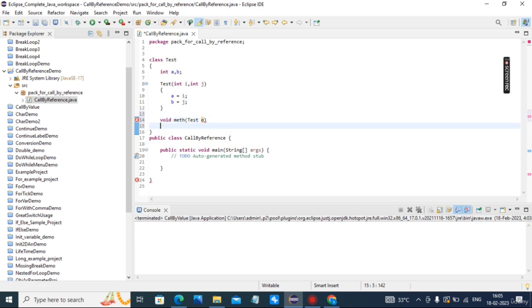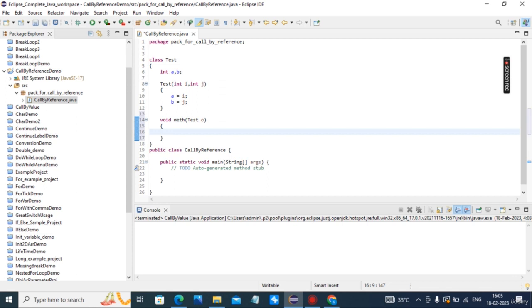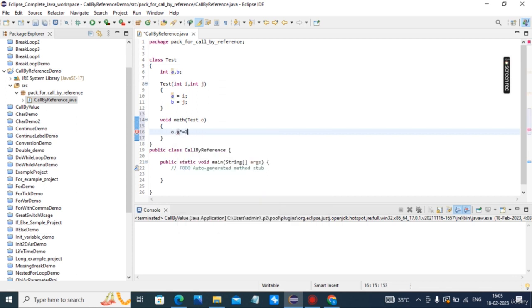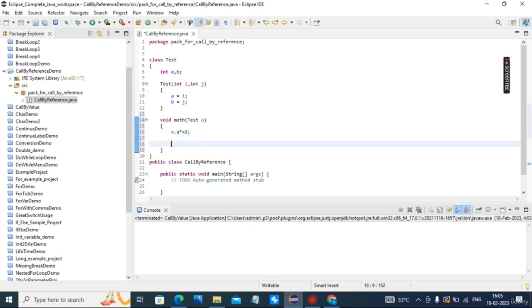Now I will modify a and b through the object: o dot a into is equal to 2, o dot b divided equal to 2. This will be new test.